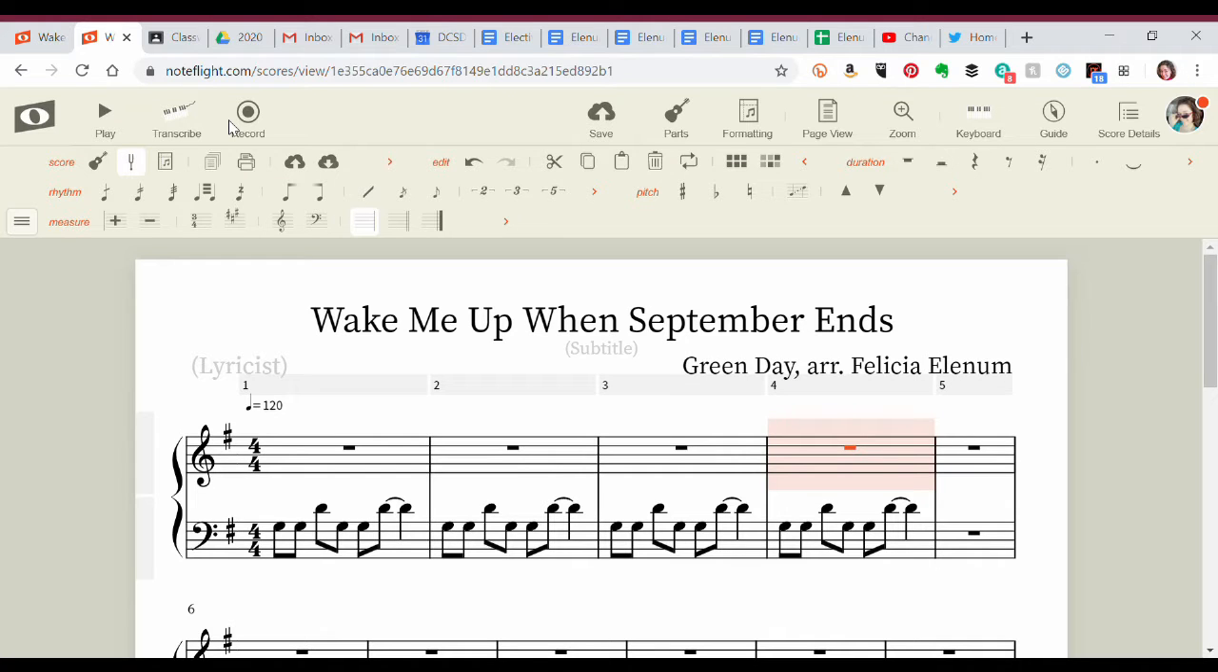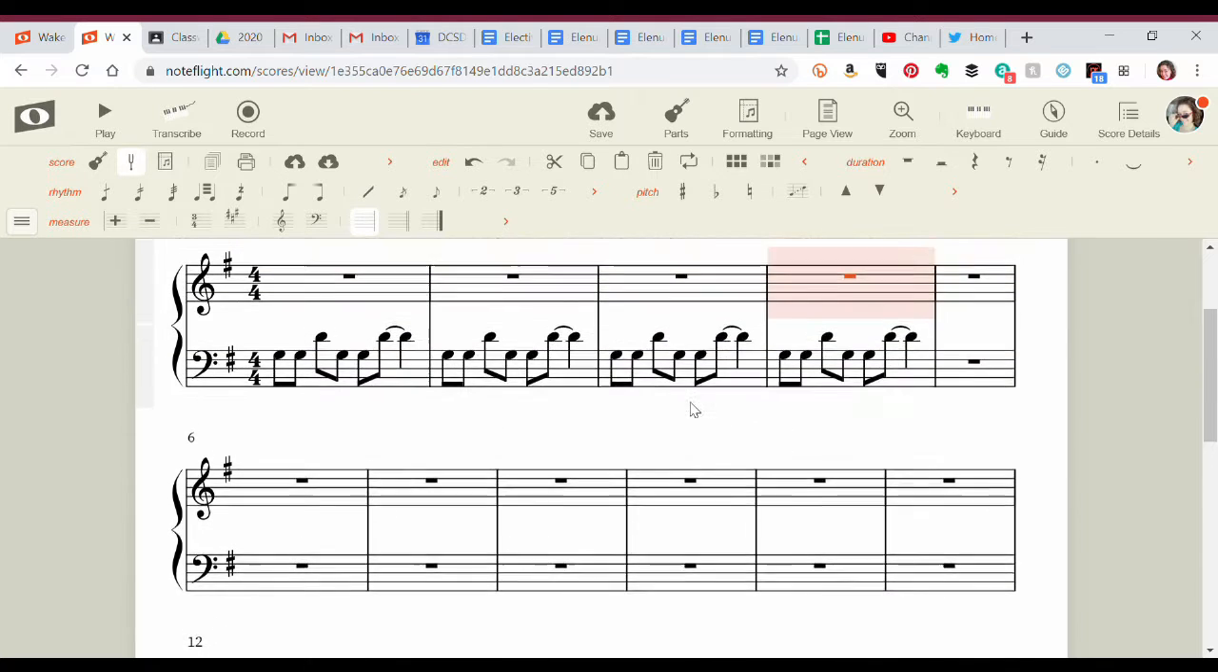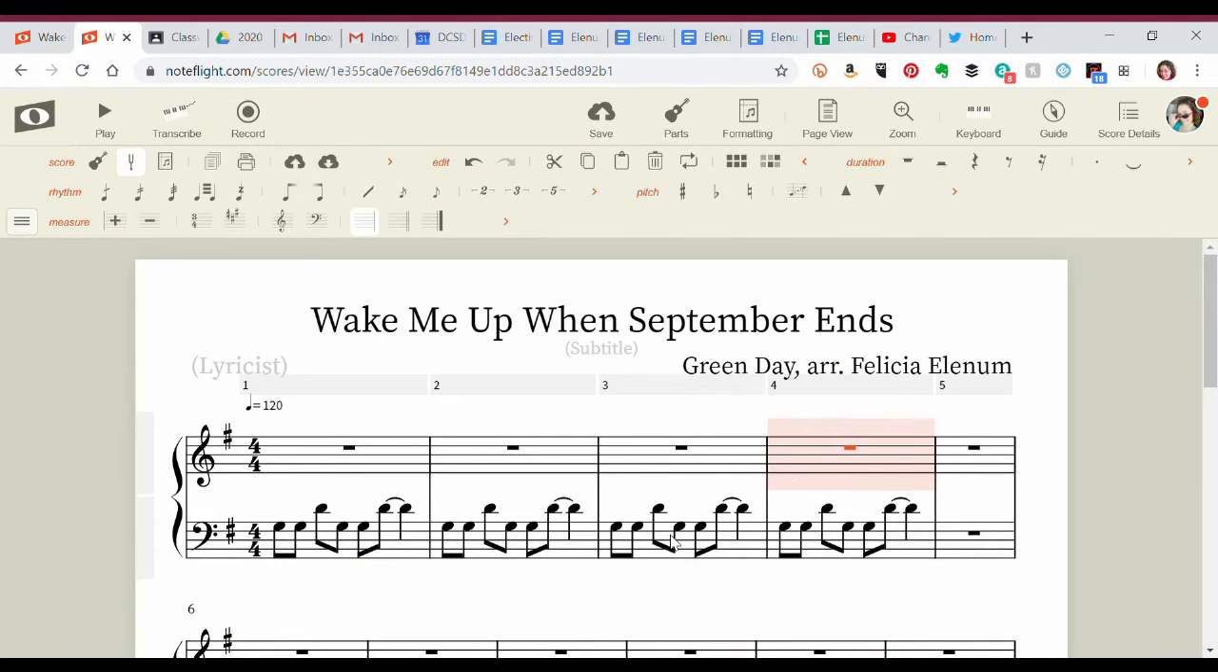All right, guys, so I am going to put together a tips and tricks kind of troubleshooting video for Noteflight, just based on some of the questions that I got from you guys yesterday. So here I have the work in progress arrangement that I'm creating. I've got 4 of my measures done so far,